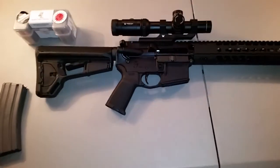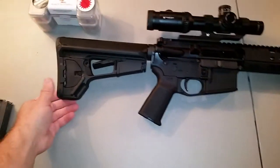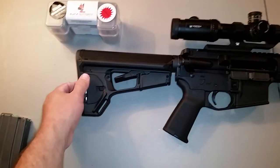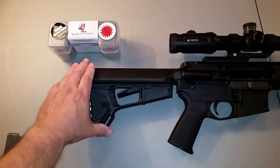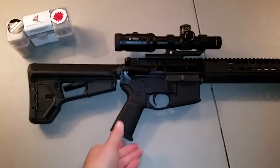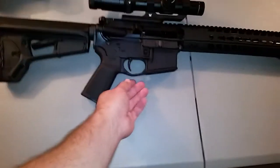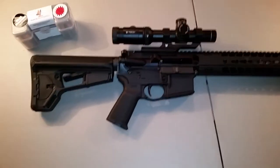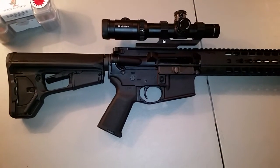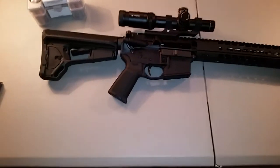Back to the lower, then we'll get to the upper. It's standard carbine. I do have the Magpul ACSL stock. It gives you a lock-in option to make it rattle a little bit less. It's got a good cheek weld on it. As far as grip goes, just a standard Magpul MOE grip. Magpul trigger guard. Nothing fancy other than the trigger, and I am running a JP Enterprises